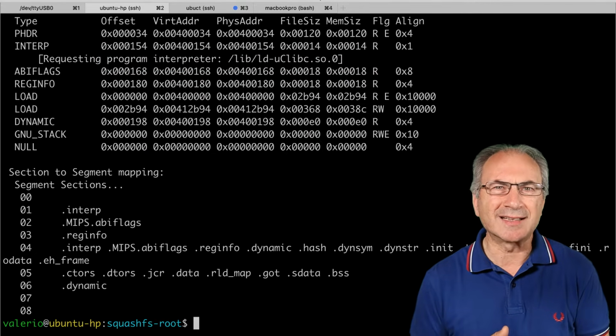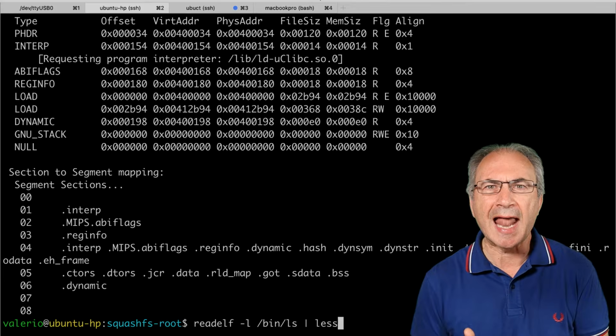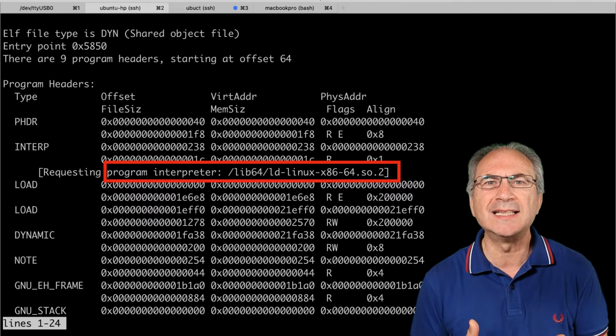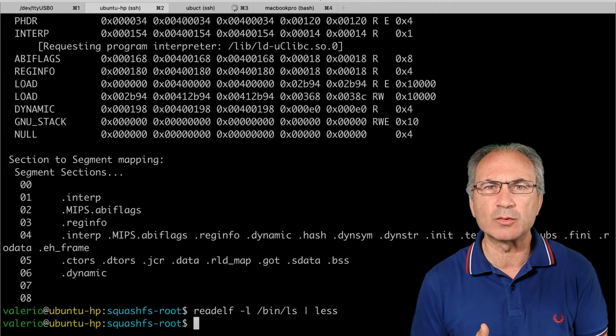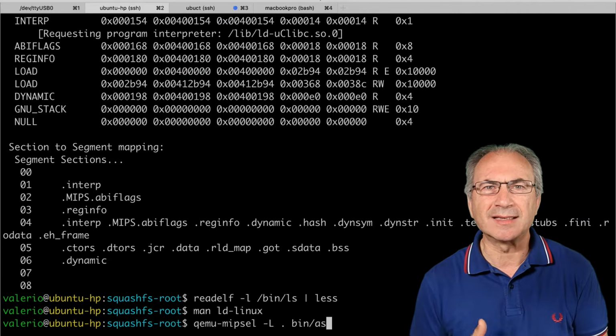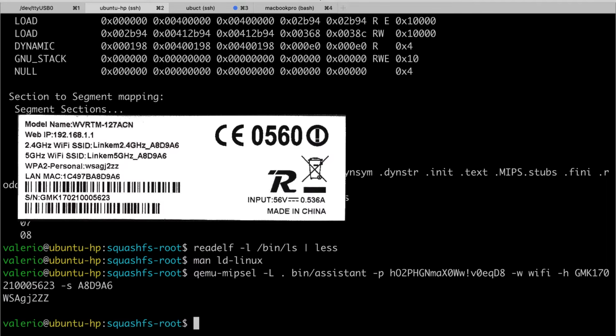If we do another unrelated example on our Intel Linux box, we can see that the interpreter for the ls command on our Ubuntu 18.04 is ld-linux. If we look at the man page of ld-linux, we can see that it is the dynamic linker. Now we can run again the qemu-mipsel command with the -L option pointing to the current root directory